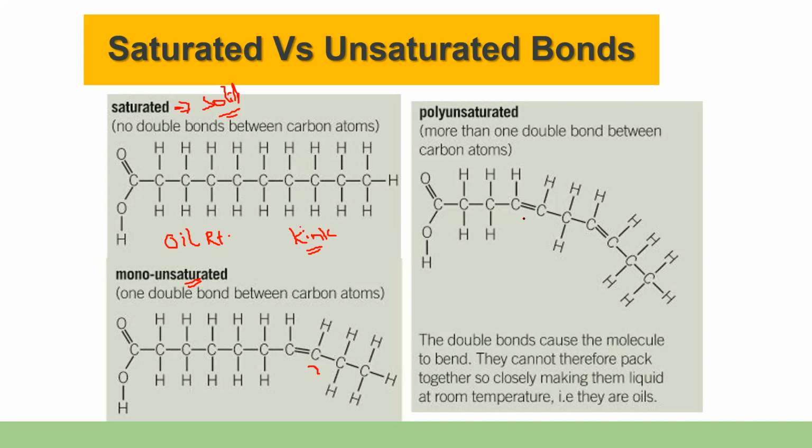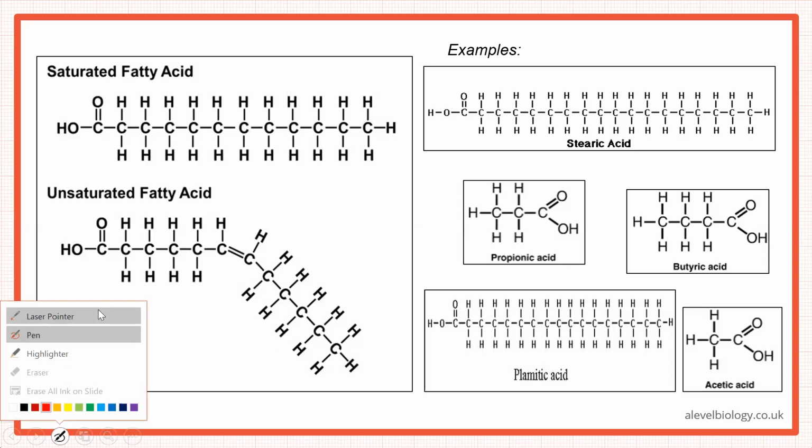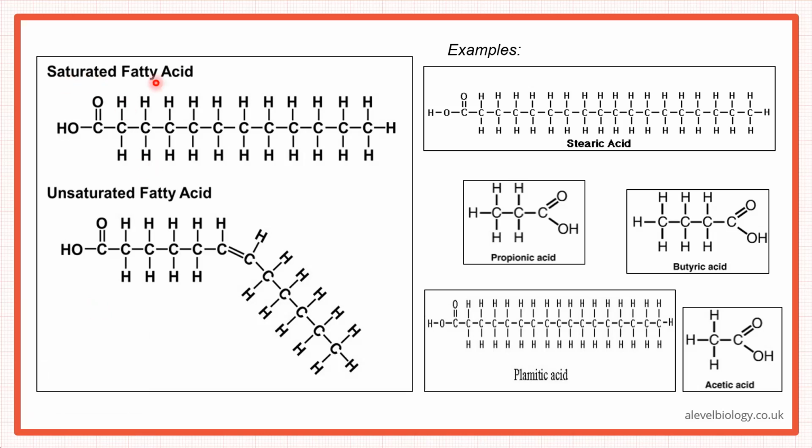Then you can look at this diagram here also. This one shows more bend here. Here 2 bonds are shown, so the bending is more as compared to this one. This again comes in MCQs, so you just need to look at the bonds there. This is one more example, so let's go through it quickly. In a saturated fatty acid, the functional group will be at one end, and you are looking at the straight chain, carbon and all the hydrogen atoms here. In unsaturated, you will be looking at a double bond. It shows a kink here, and then they have simply given us examples.